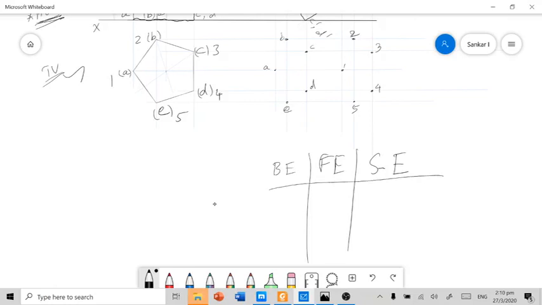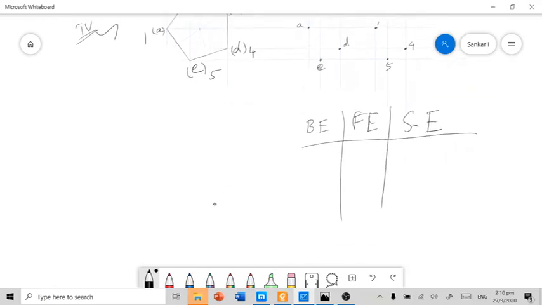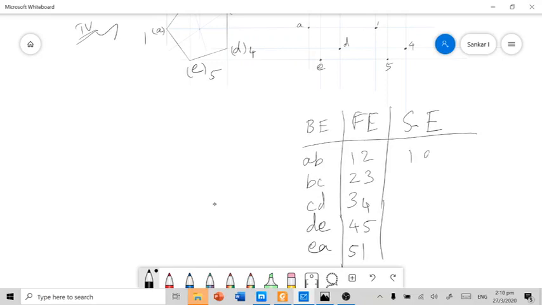When you consider the various edges, AB, BC, CD, DE and EA are the base edges, and 1, 2, 2, 3, 3, 4, 4, 5, 5, 1 are the face edges, and 1A, 2B, 3C, 4D and 5E are the side edges.